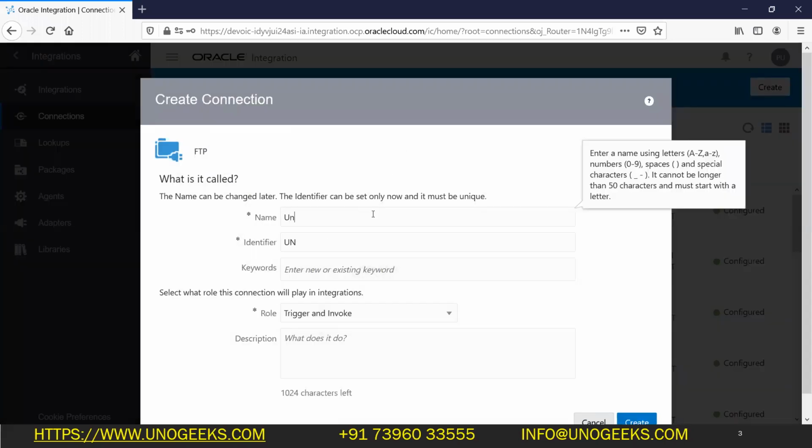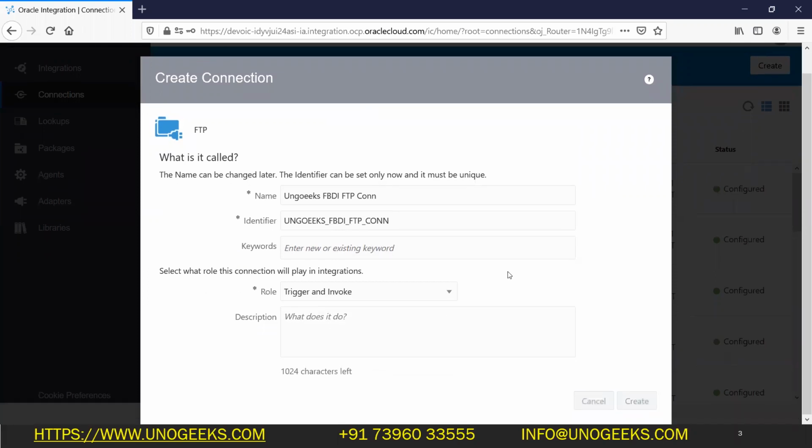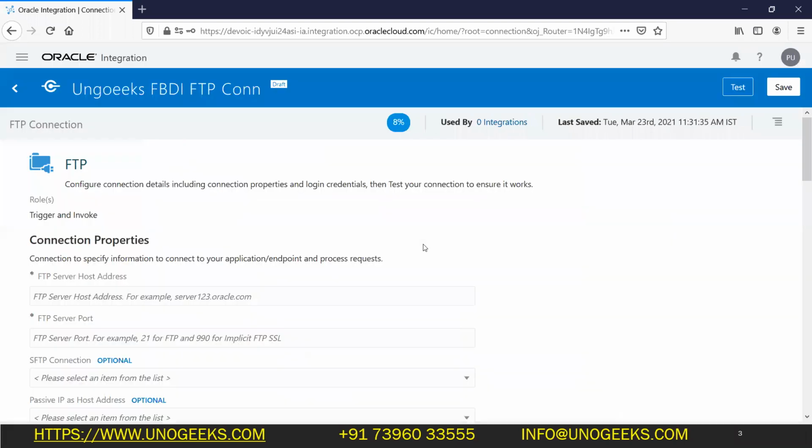Let's create new connections. The first connection is of type FTP. Select the FTP adapter, and you can call it Geeks FPDI FTP connection. Select the role as trigger and invoke, that's fine. Create it.